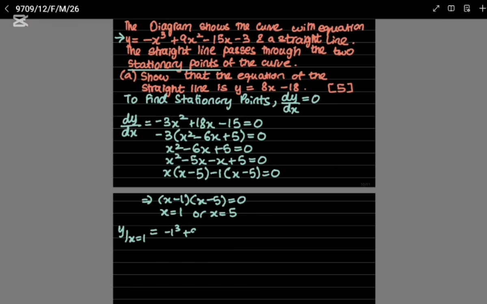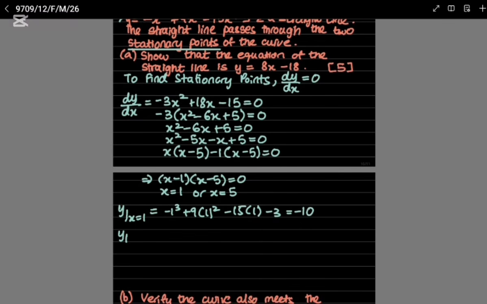Minus 1 cube plus 9 times 1 squared minus 15 times 1 minus 3. What do we get over here? Minus 1 plus 9 minus 15 minus 3. We get minus 10. You do the same thing. Y at x is equal to 5 is equal to minus 5 cube plus 9 times 5 squared minus 15 times 5 minus 3. Okay, so minus 125 plus 9 times 25 minus 15 times 5 minus 3, you get